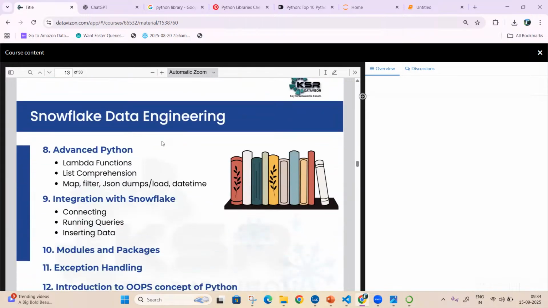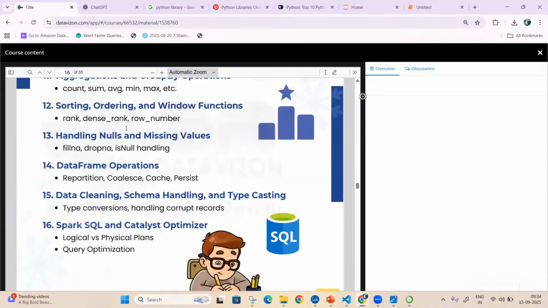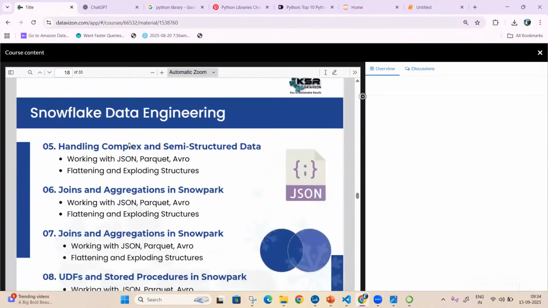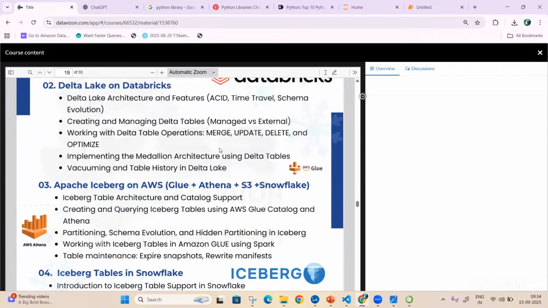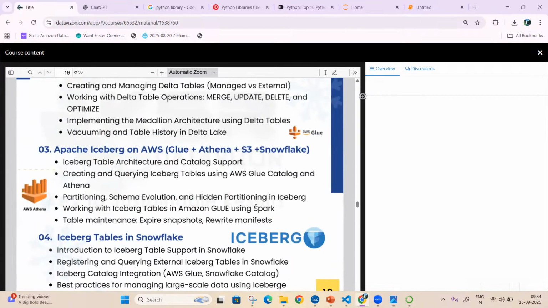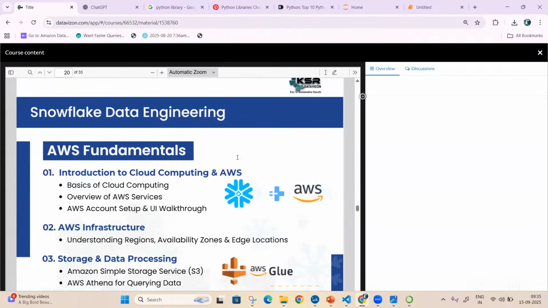And once we come back to Databricks and Python, once we learn, we'll be building our project under that. It will be with respect to the banking, credit card domain. Apart from that, Iceberg and Delta tables are the open table formats widely used in all data engineering projects now. I'll be explaining that also. Whereas in AWS, it will be completely banking domain. These are the domains we'll be seeing.